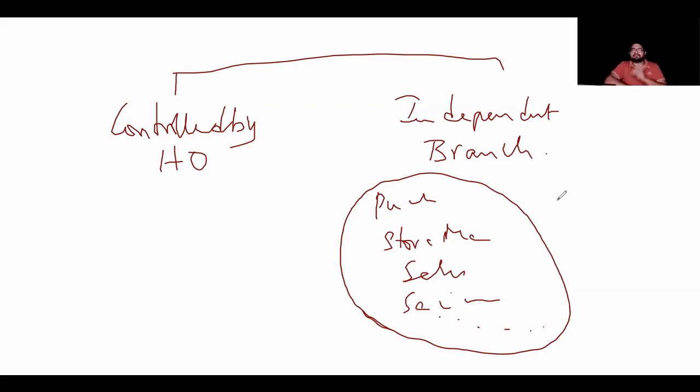Now, accounting for independent branch is fairly very simple. How is it simple? Because your independent branch maintains his own purchases. He maintains his own sales. He maintains his own purchase returns. He maintains his own sales returns. He maintains his own debtors. He maintains his own creditors. He maintains his own bad debts. If there is any loss, he only takes care. Yes or no?